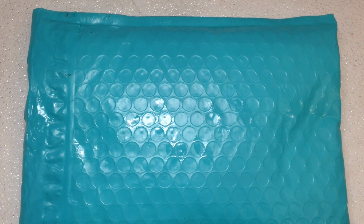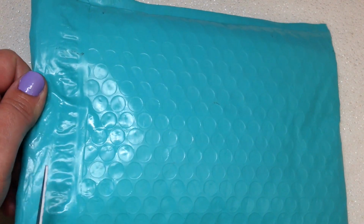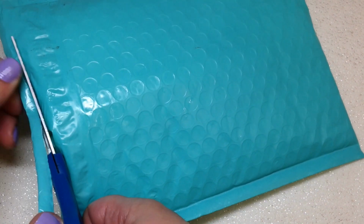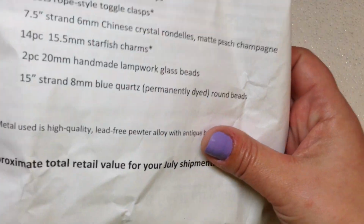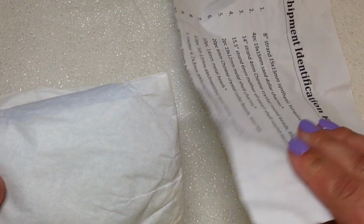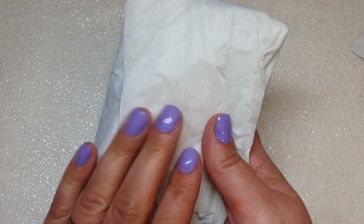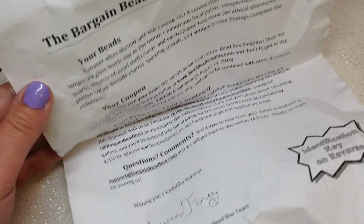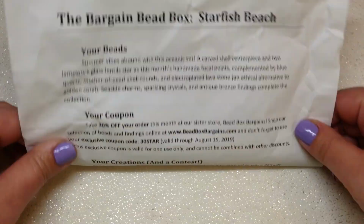But let's go ahead and get into it. I have no idea what the theme is, but they always do such a great job and you always feel like you get your money's worth out of this one. So this is what the contents look like. We have our list here with a note on the other side, and our beads are inside of the tissue paper. Let's take a quick peek at the note and find out what our theme is for the month of